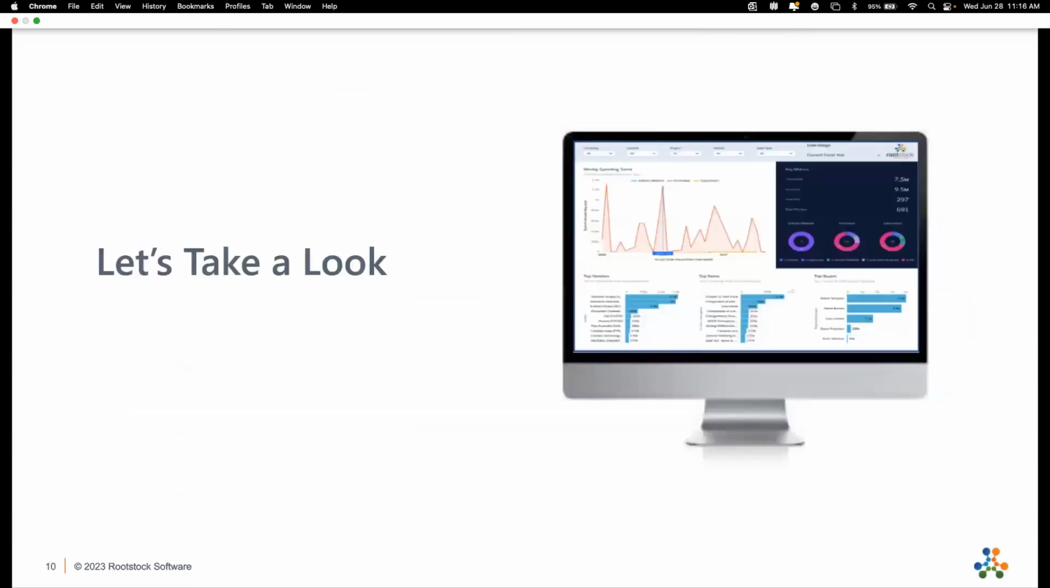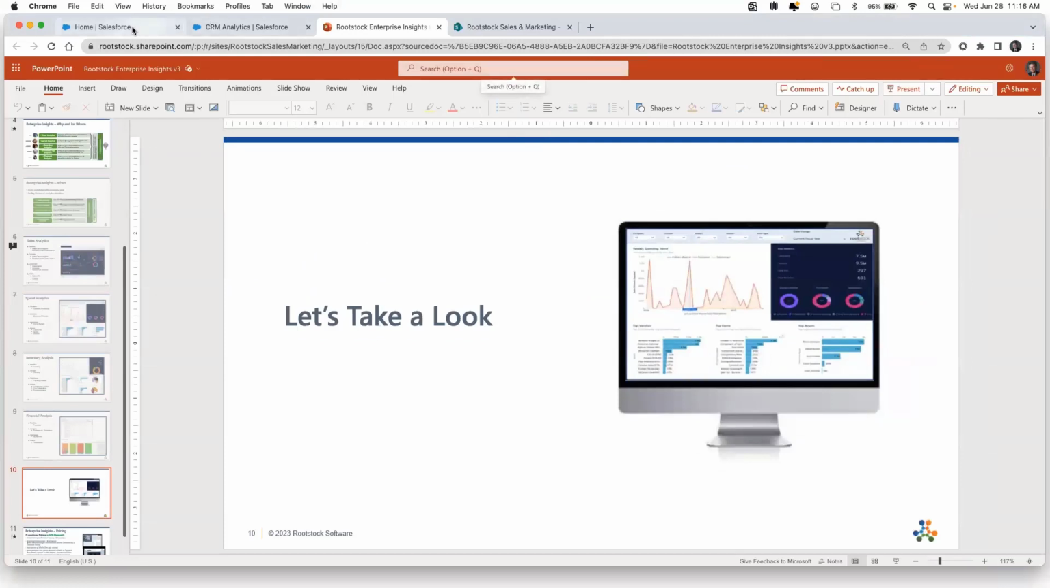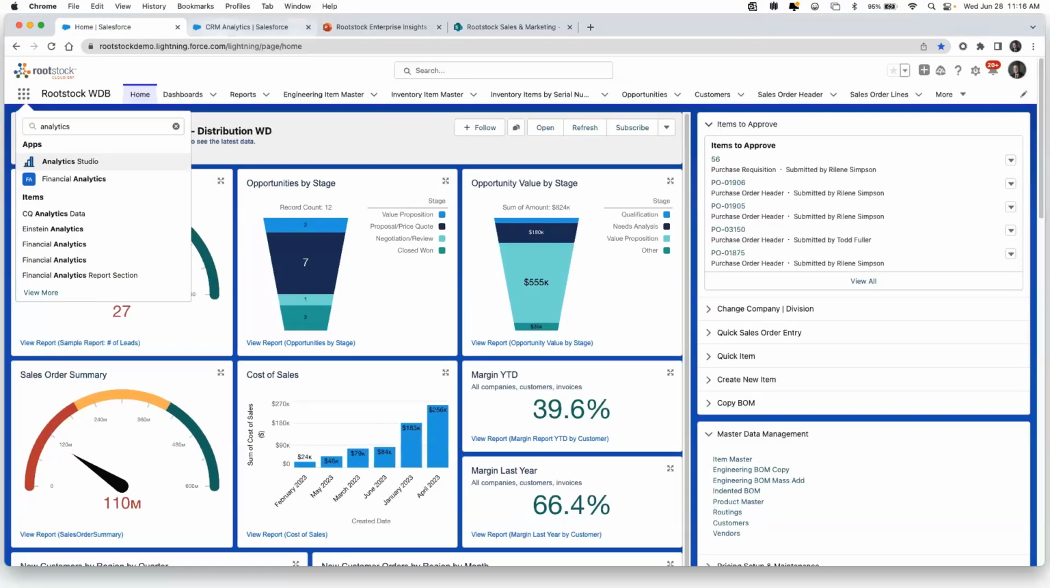All right, so let's take a look. That's kind of the lead in. That gives you a good idea, at a high level, of what we're doing. And now let's actually look at the software, and I'll show you a couple of examples of how it works. So we're going to go over and